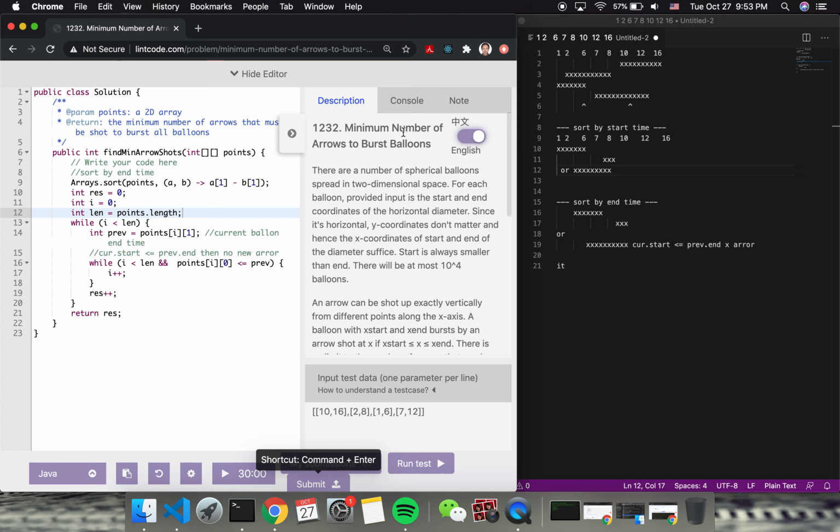Read the question. There are a number of spherical balloons spread in two-dimensional space. For each balloon, the input provides the start and end coordinates of the horizontal diameter. Since it is horizontal, y coordinates don't matter, and hence only the x coordinates of the start and end of the diameter matter. Start is always smaller than the end, and there will be at most 10 to the power 4